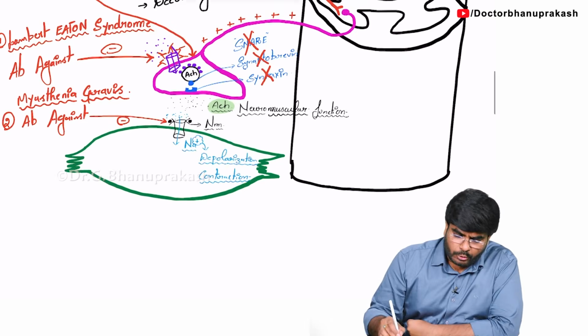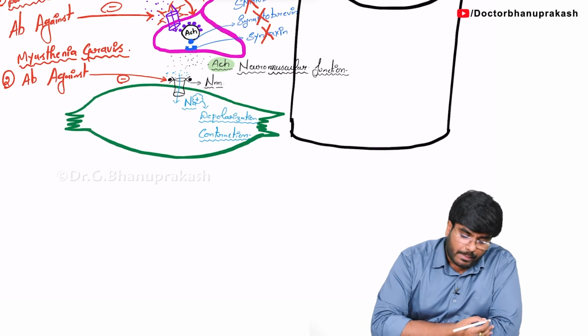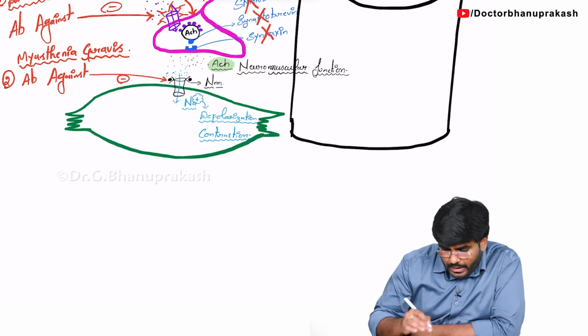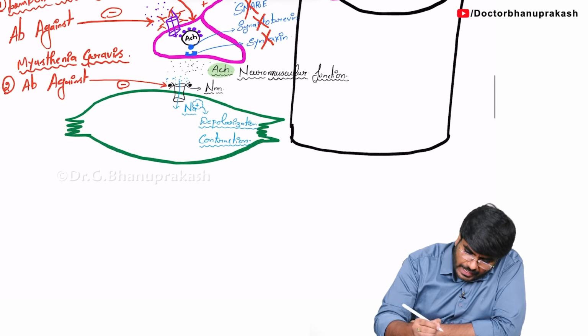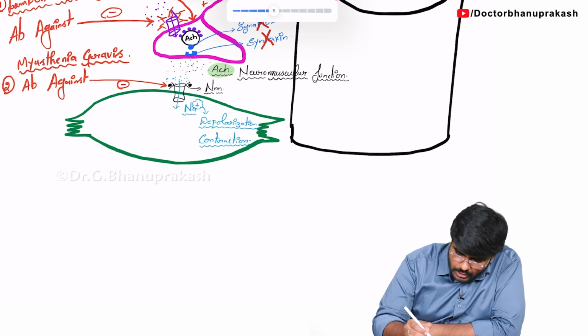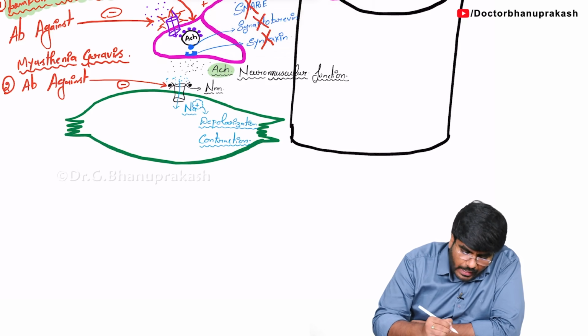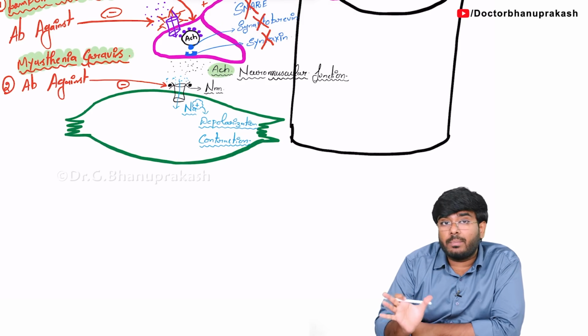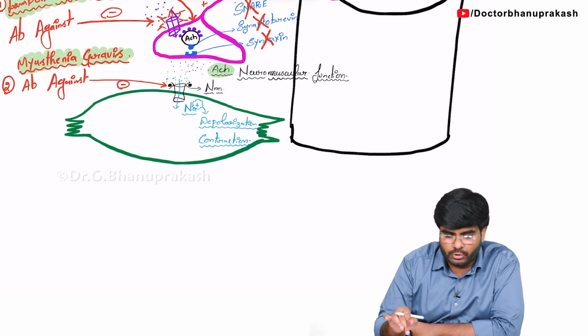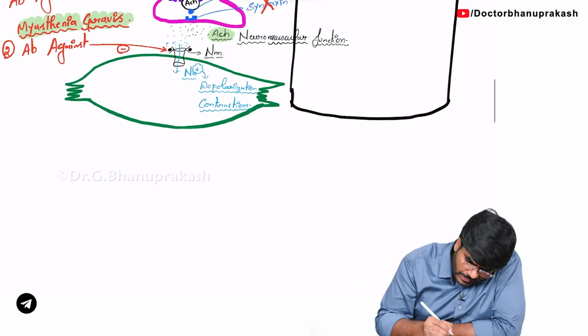Okay, to diagnose the condition, how to differentially diagnose Lambert-Eaton syndrome from myasthenia gravis. See, if you are suffering with Lambert-Eaton syndrome, definitely you are going to have muscle weakness, and even in myasthenia gravis also, definitely the person is going to have muscle weakness. How is it different between these two conditions? Let me tell you, in Lambert-Eaton syndrome,